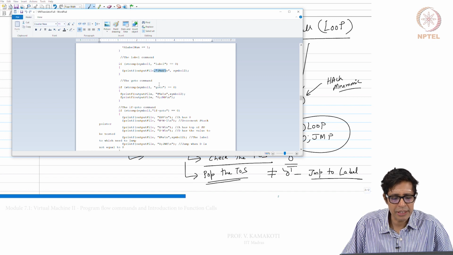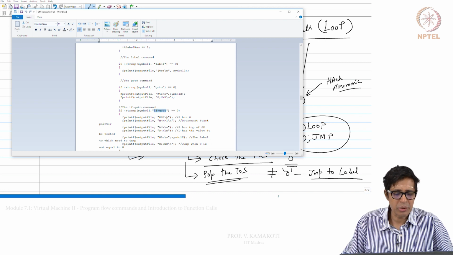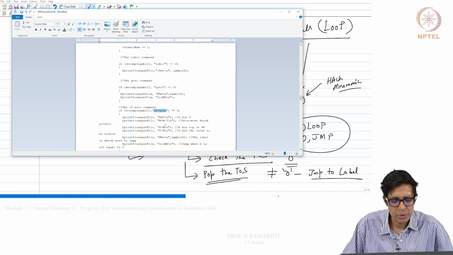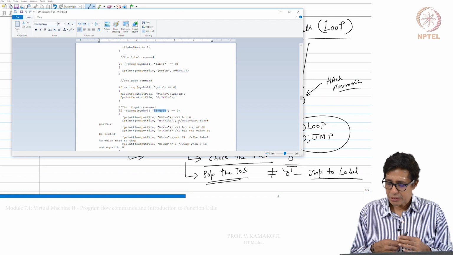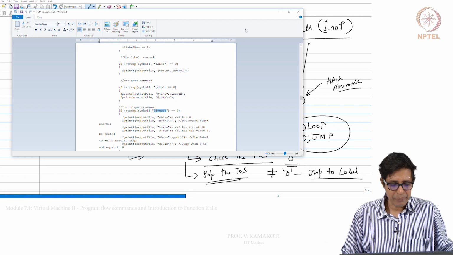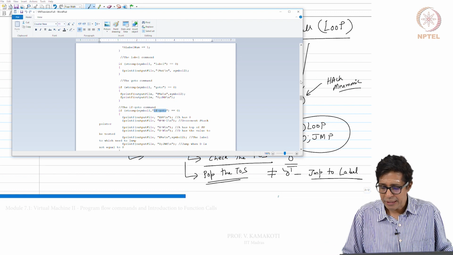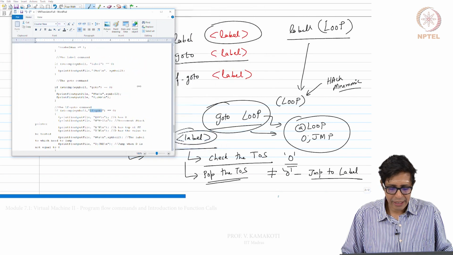If it is go to statement, go to some symbol, we are putting that symbol here and doing 0 : jump. If it is if hyphen go to, then what do we do? We have to first pop; so what are the commands that are here? We will just copy these commands and then explain them in detail.